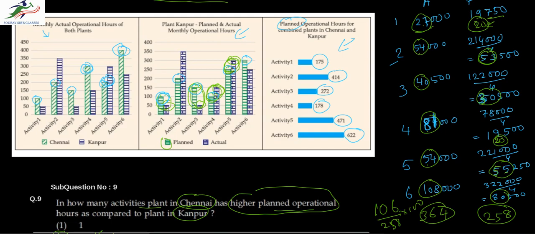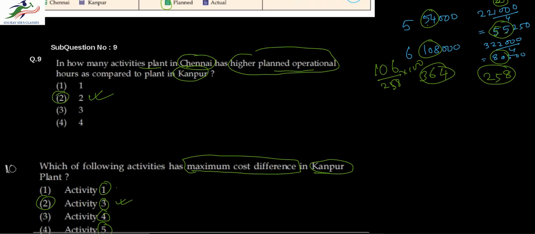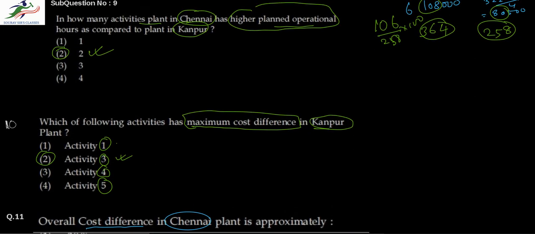Again, we will do a fair bit of approximation here. So instead of 258, I will consider this as 250, and I will also decrease the numerator a little bit. So 104 by 250 into 100. And why I'm doing this is just to ease out the calculation. So I get this, and